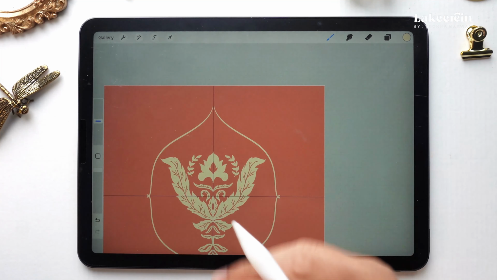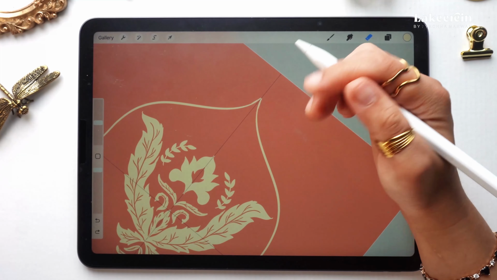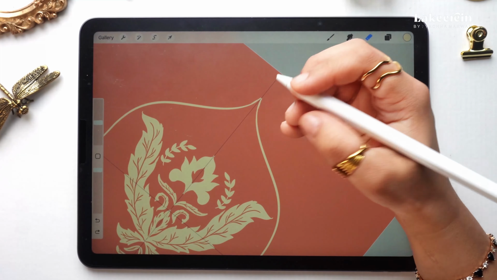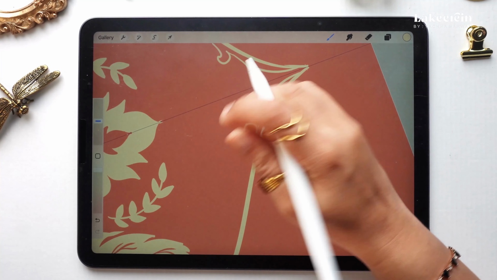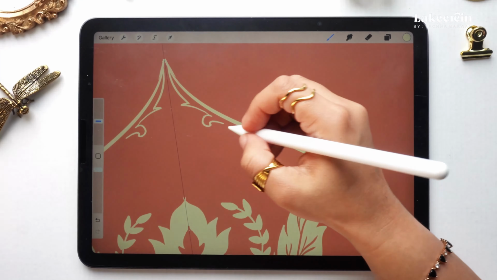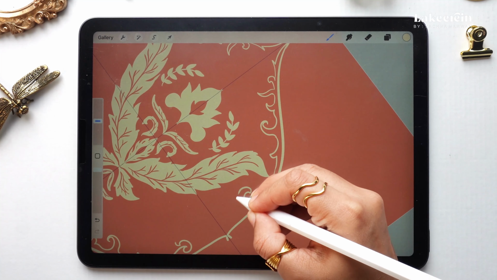Once you're done with this, you can just join these together. So we are going to do the same method we did earlier, adding the depth, but this time we are not going to add it on the outer edge. We're going to do it inwards. For the depth, you can try to create with the same Baskerville brush on the same layer something like a leaf or a curve. So different types of depth you can try to put. Make it more stylized. Try to fill in a lot of space here, and keep doing it until you reach the center part.